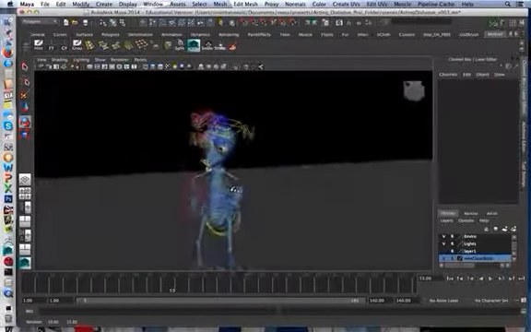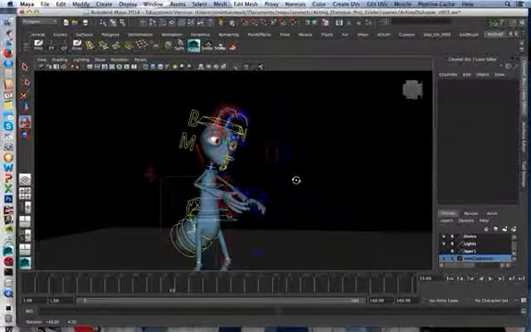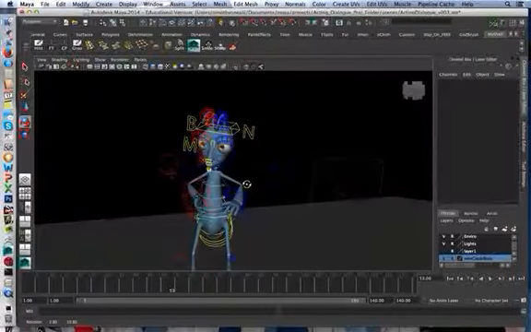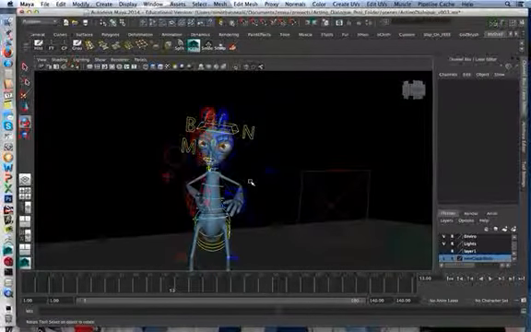I actually have a different rig that I make that I like better. It gives you a little more control, that's all. At least I like it better. Other people may not like it. The biggest difference is in the hands and in the feet. When I do one, my hand actually has, instead of having the hand control,